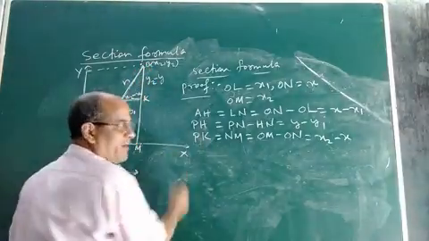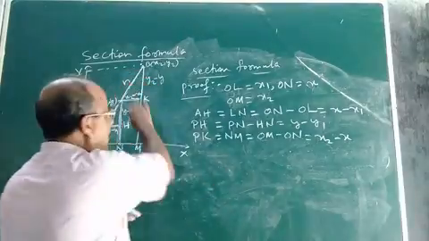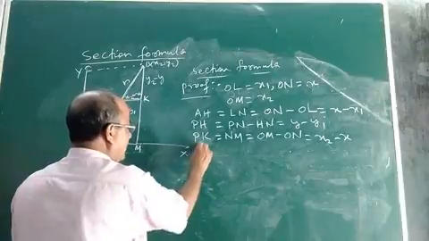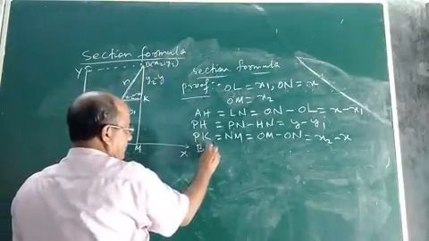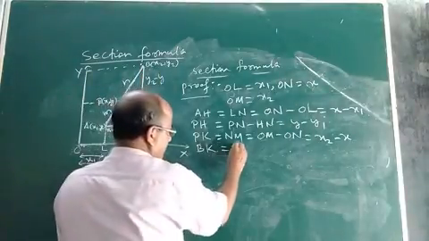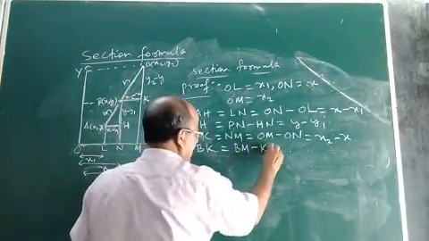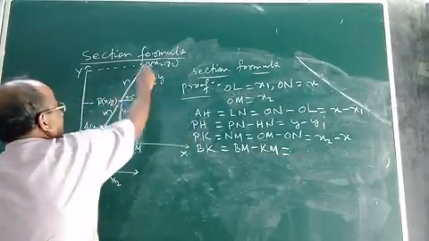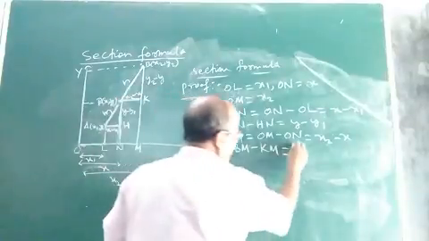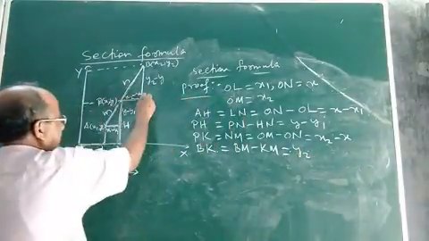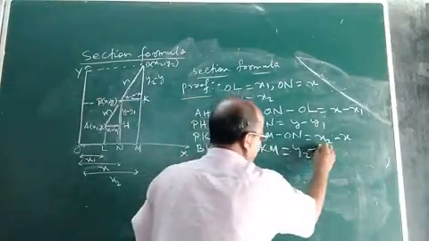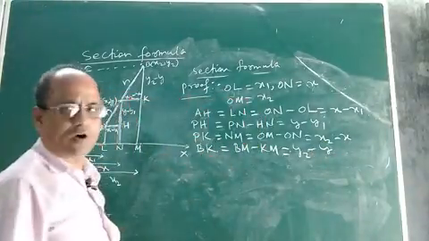Now you find the length of BK. So children, why am I finding these lengths? I am going to tell you. Because if we do not find all these lengths, we cannot put the section formula. So BK will be equal to Bm minus Km. What is the length of Bm? It will be equal to y2, that is the y coordinate of the point B. And what is the length of Km? Km will definitely be equal to y. So y2 minus y. See, now I got all the lengths.